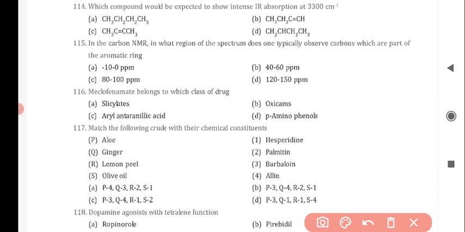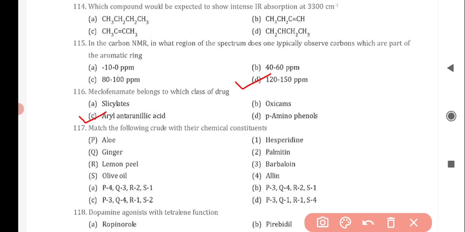And the correct answer is option D, 120 to 150 parts per million. Next question is meclofenamate belongs to which class of drug? And the correct answer is option C, that is aryl